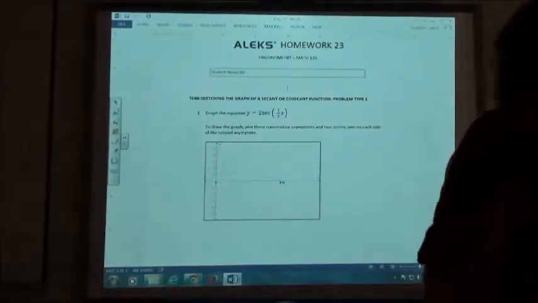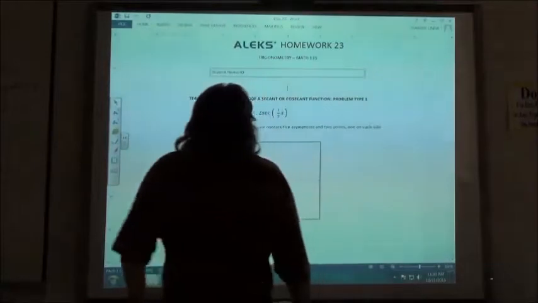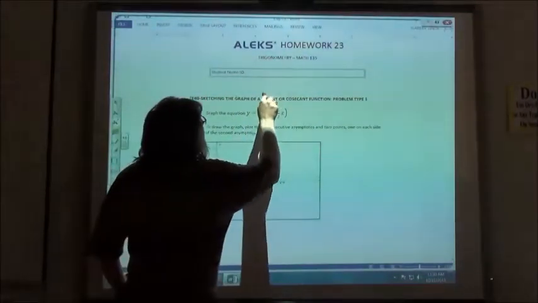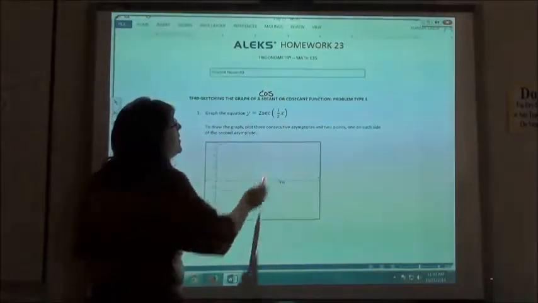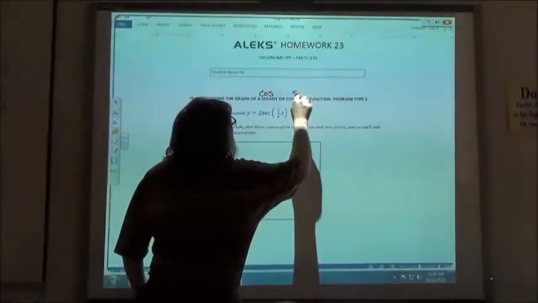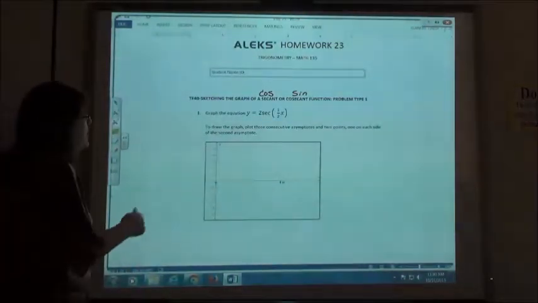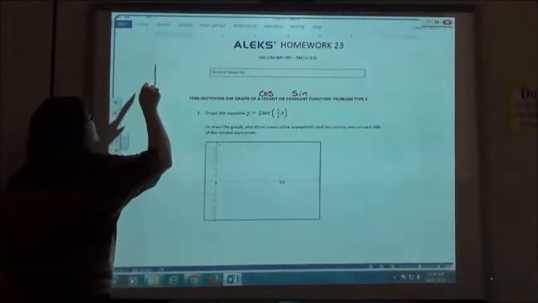Homework 23 starts off with sketching the graph of a secant or cosecant function. The secant function is the inverse of the cosine. The cosecant function is the inverse of the sine. So what's going to happen is, if I just start with a sketch of a graph of the cosine curve,